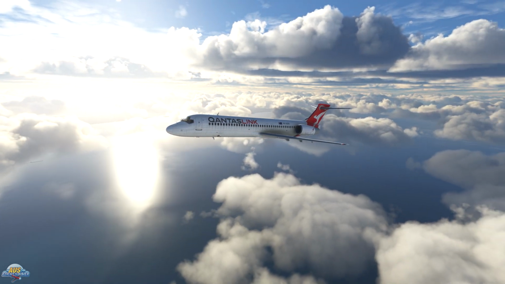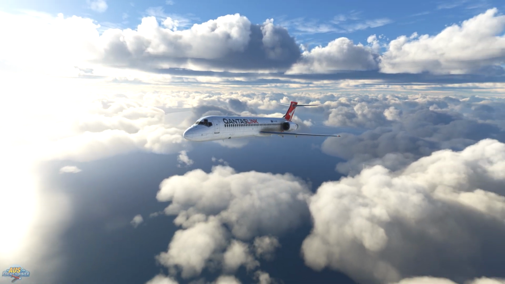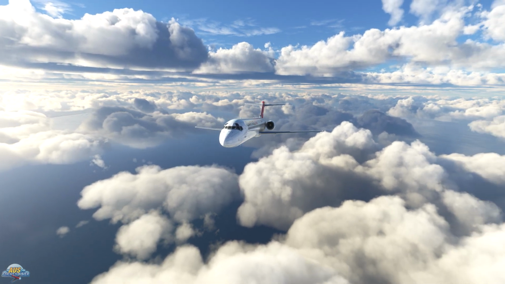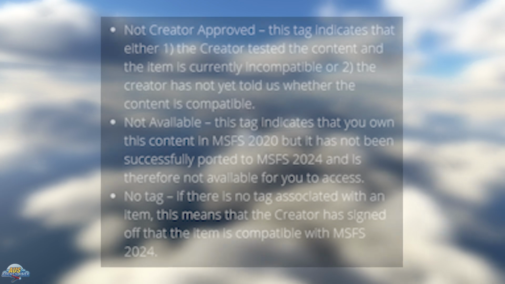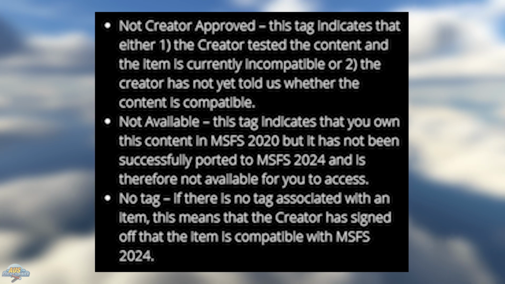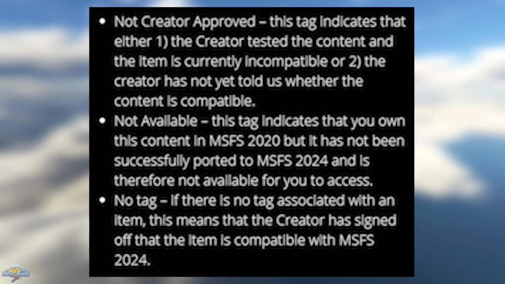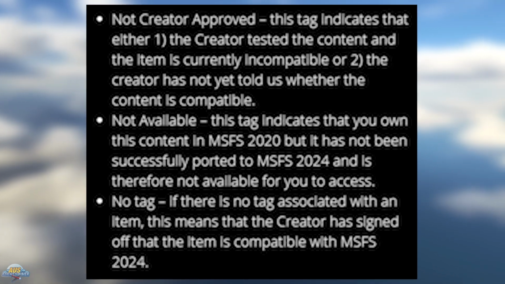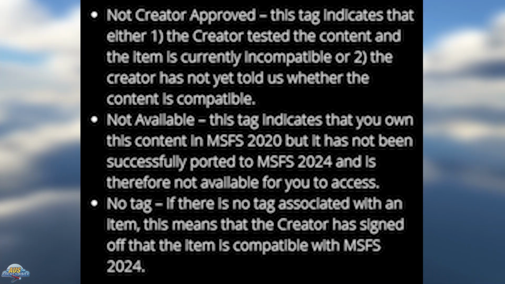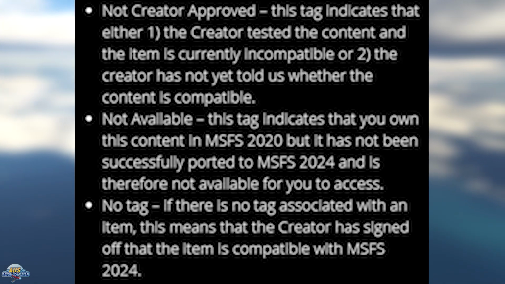I personally have started enabling some of my airports that were purchased in the 2020 marketplace and haven't seen any problems thus far. When taking a look at the 2020 content in your library folder, it will display with 3 different states. A non-creator approved, which means the developer has not advised Microsoft that it's good to go within Microsoft Flight Simulator 2024. Not available, which means the content was not successfully ported into the 2024 sim and therefore is not available. And no tag state, which means the developer has signed off that the content is not compatible with